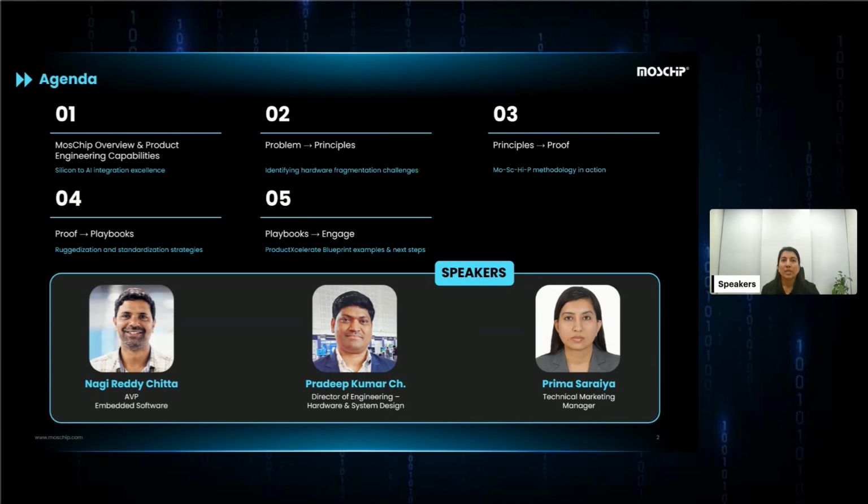And then we'll go to the heart of today's session, where we'll do an exclusive preview launch with all of you on our upcoming product Accelerate Blueprints. This is MosChip's integrated engineering hardware to AI accelerator framework, where hardware and mechanical design, embedded software, digital Gen AIoT, and our newly launched Agentic Sky layer come together as one cohesive stack. Together, they transform how OEMs move from functionality to connectivity, intelligence, and ultimately autonomy, not as separate efforts, but as